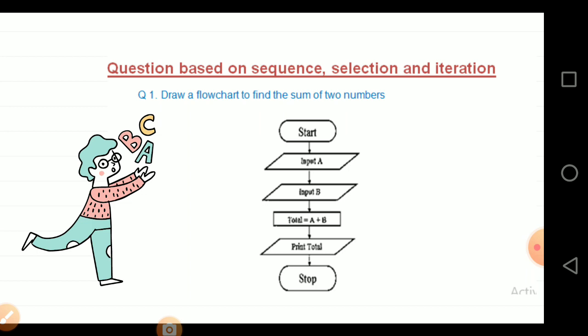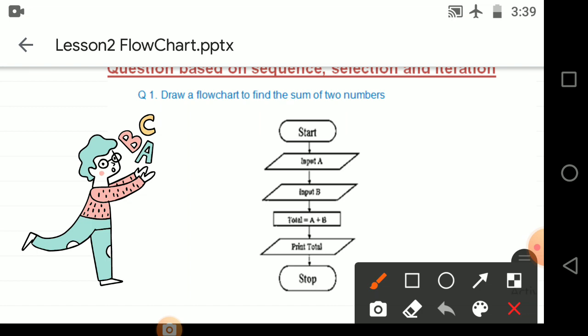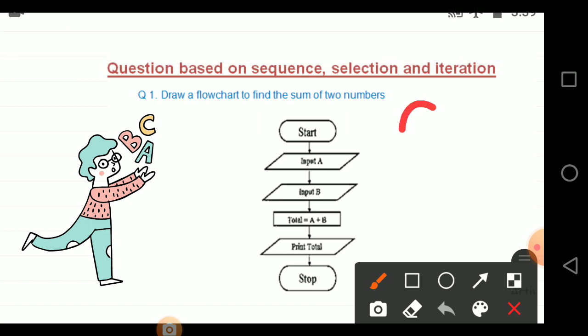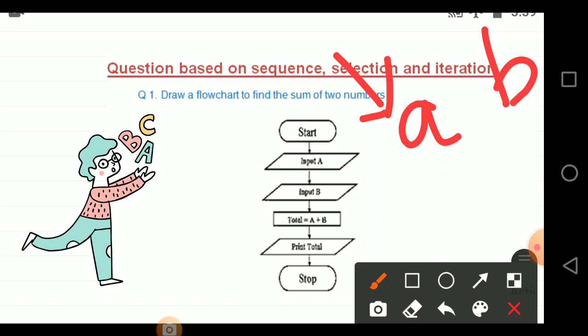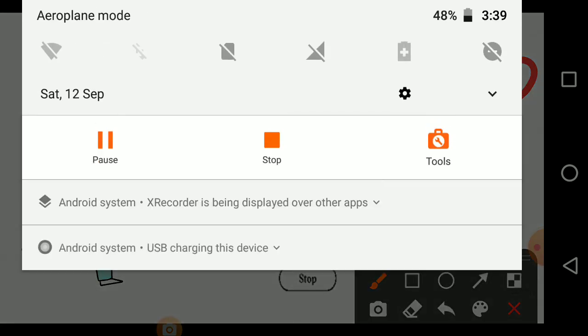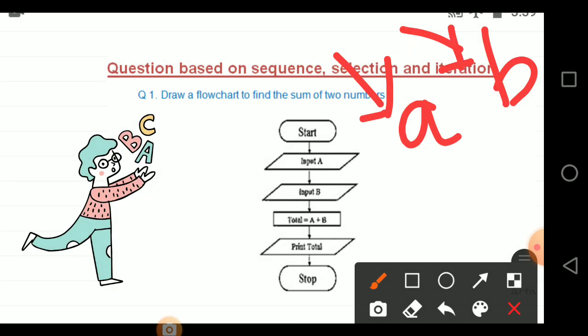Then what do you have to do to find the sum? To find the sum, you need two numbers, right? I need A and B to find the sum. So first you have to take input as A and then take input as B, or you can combine these two together.